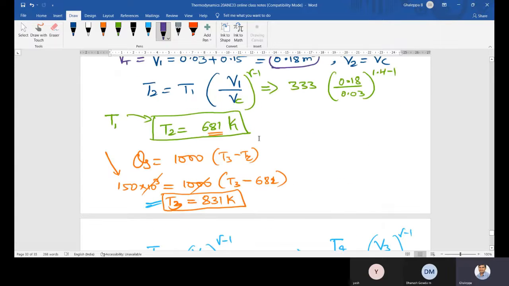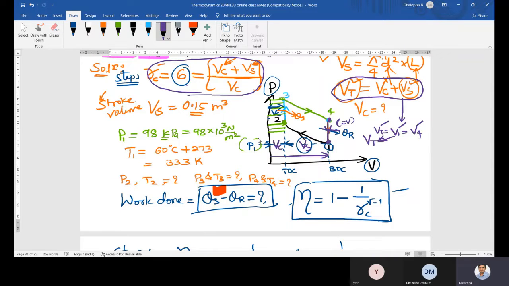And V3, we need to calculate V3. What is V3, my dear student? Again, go back to the PV diagram. V3 is here. Point number 3 is here. Point number 3 and point number 2 both are on the same